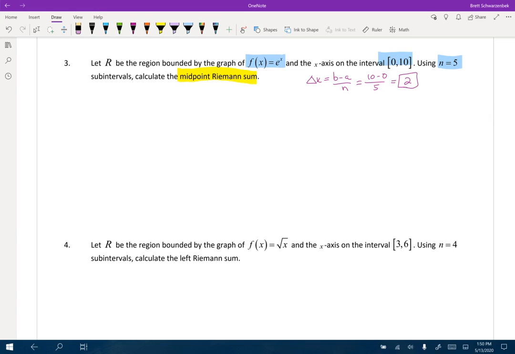So what does that mean? That means that our possible grid points are going to be located where? Remember, we start at 0 and we add our change of x until we get to our endpoint. So 2, 4, 6, 8, 10. These are our possible grid points. If we had a graph, these would be the labels on the graph as we see it, and the rectangles would basically be, I know this kind of looks weird, between them. Okay, that would be the idea. So what does that mean? The heights